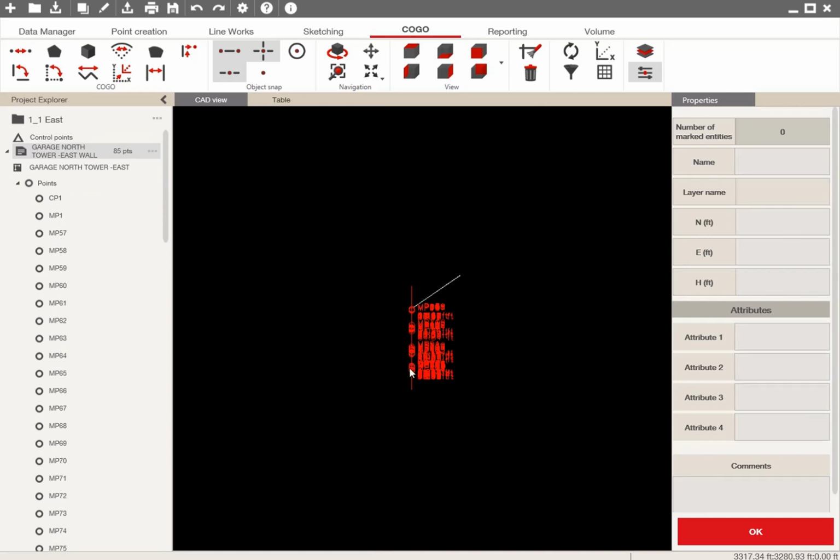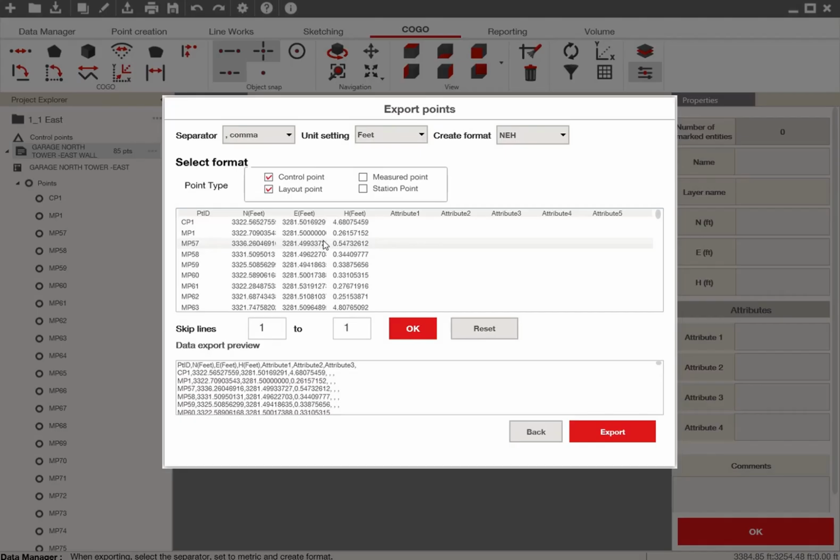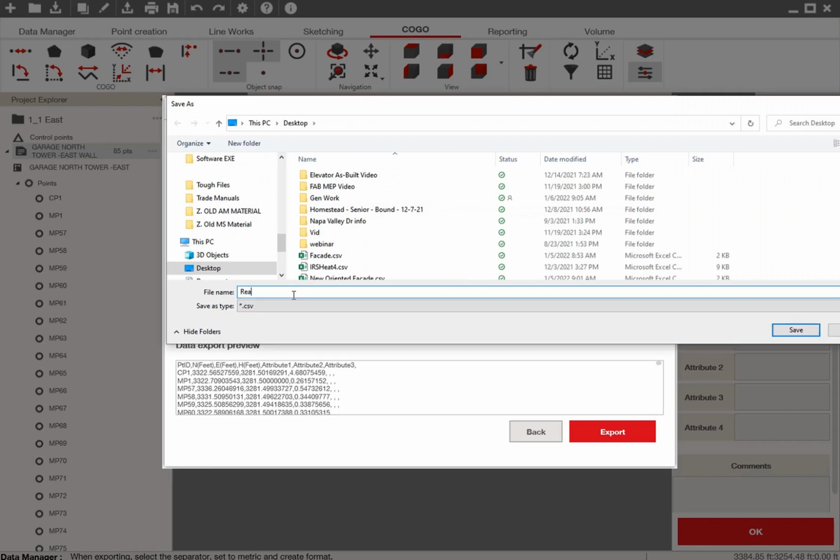So now that they are all on the same easting coordinate as I planned, I will now go to export. I will export the points, and here's all my points listed in here. And I don't need a check measure point this time because I remember I imported them as layout points, and I'm exporting them as units of feet with a comma separator in NEH format, which is fine for me. So I'm going to export this, and again I'm going to save it to wherever I want on my computer. I'll save this as realigned